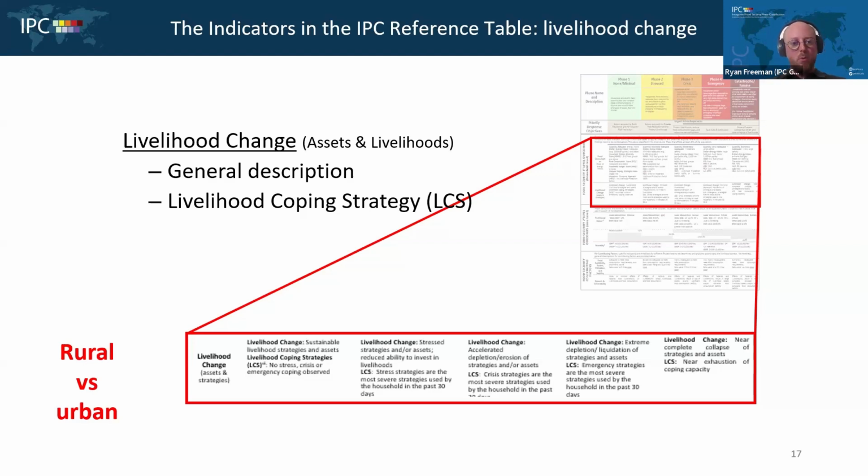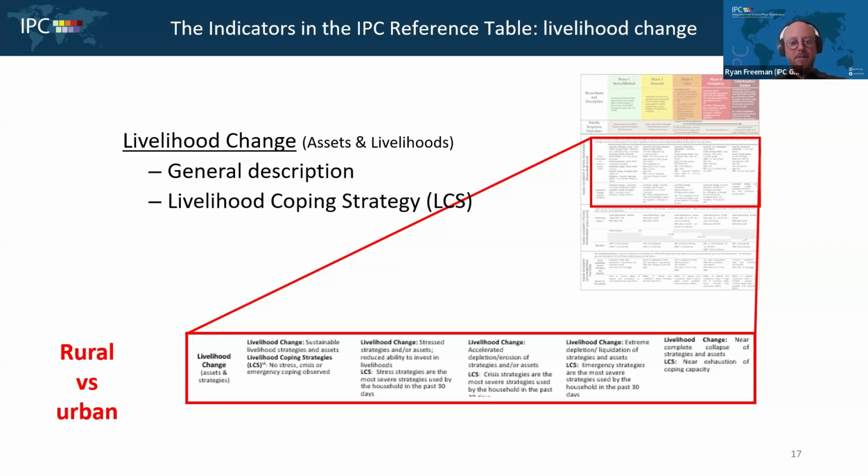And it's important to note when we talk about livelihood change, we normally talk about four different responses. Let's say in a particular context, are households selling their land? So a typical answer could be yes, they are. They already have done in the past 30 days. No, because they've already sold it more than 30 days ago. No, they're not doing it, or it's not applicable to them. Maybe they don't own land to sell.